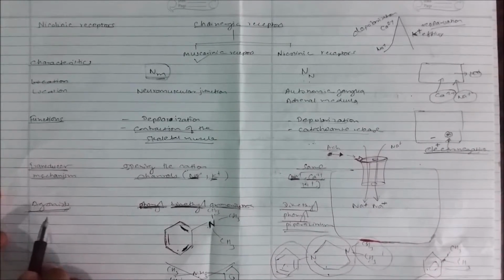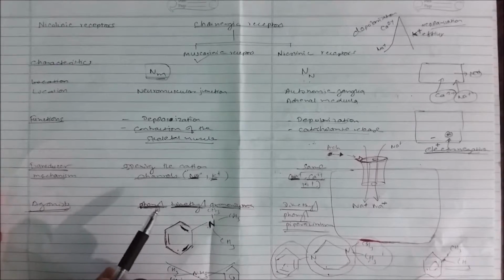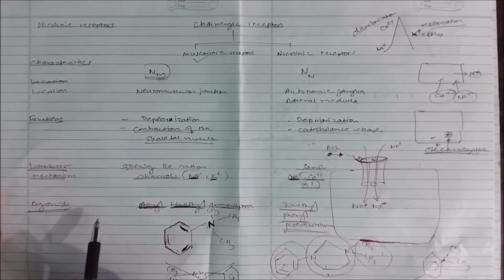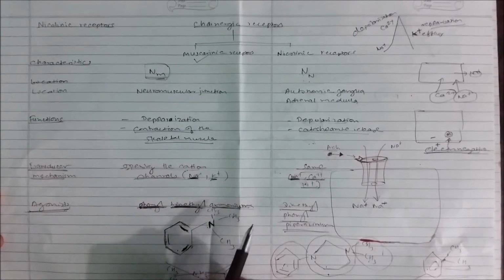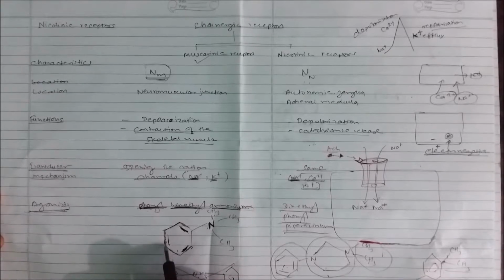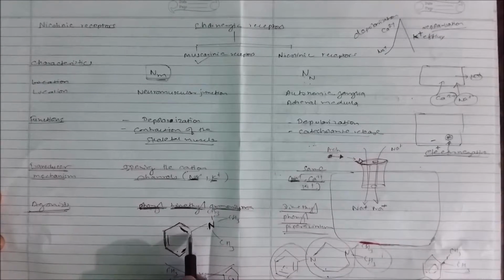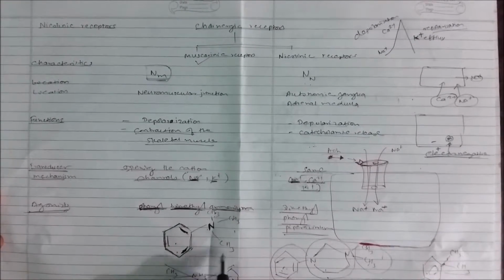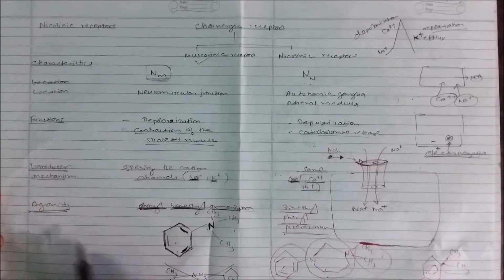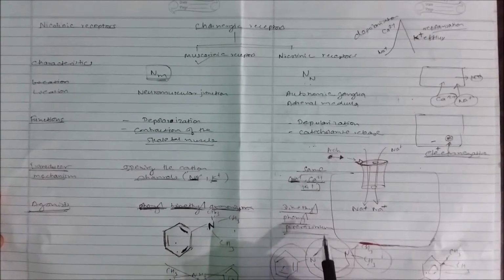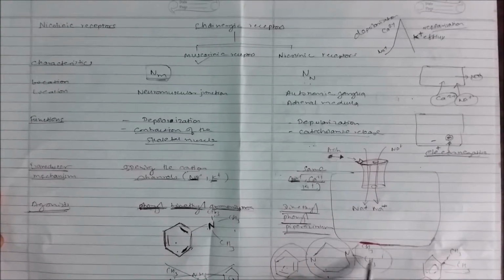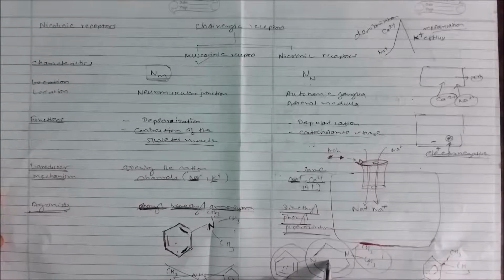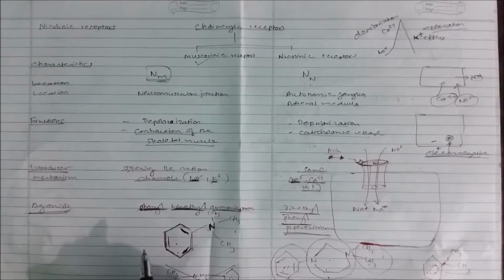And what are the agonists? Agonist of the NM receptor is phenyl trimethyl ammonium. You can remember this chemical structure to make it easy to remember. And the agonist for the NN receptor can be dimethyl phenyl piperazinium. There are many examples actually, but I've just written here the important examples from the exam